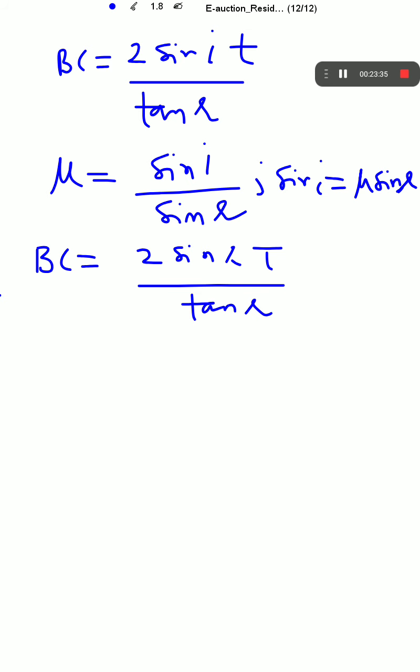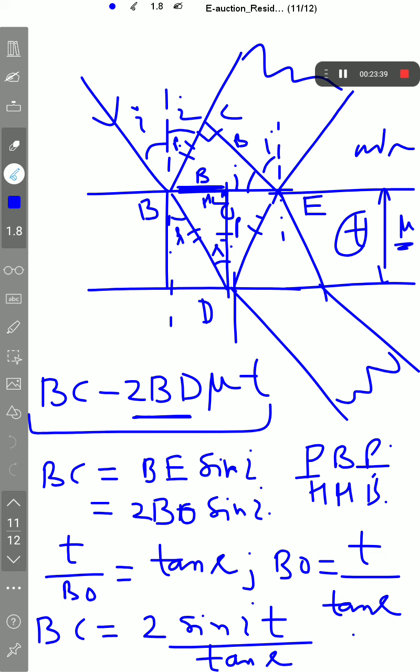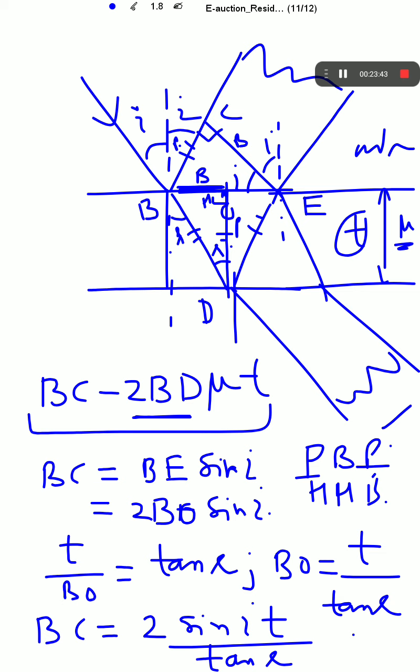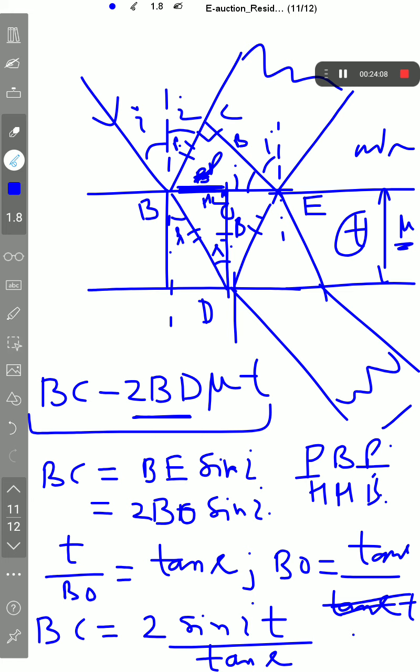I must check here. Oh, we have a mistake here. See, tan theta equal to perpendicular upon base. This is not base, this is base, and this is perpendicular. So the only thing that will change is this will go tan of R here and T will be here. BO will change automatically and ultimately we'll have,